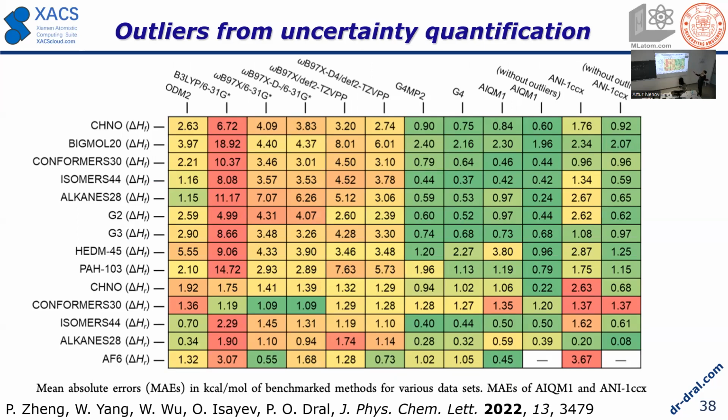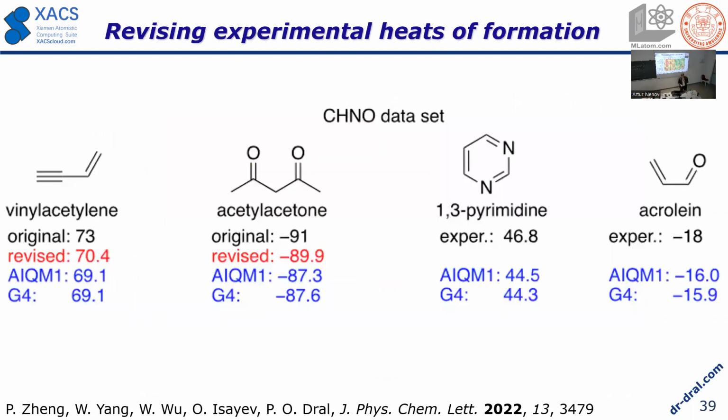And usually methods like G4 or some alternative methods are very expensive, but can get you roughly chemical accuracy, error below 1 kcal per mole. They're quite expensive. AIQ1 is, again, faster than DFT, but also gets you chemical accuracy. And if we identify certain predictions and remove them, then for certain predictions, it has very, very good accuracy.